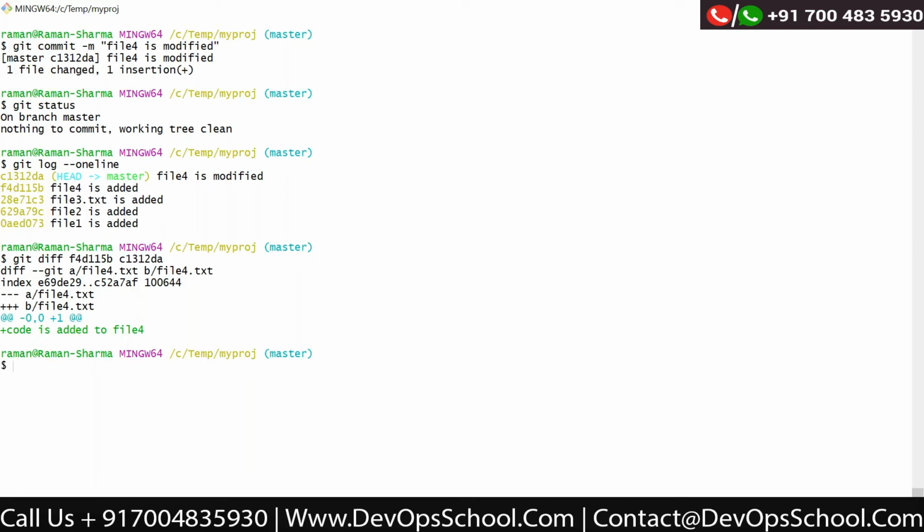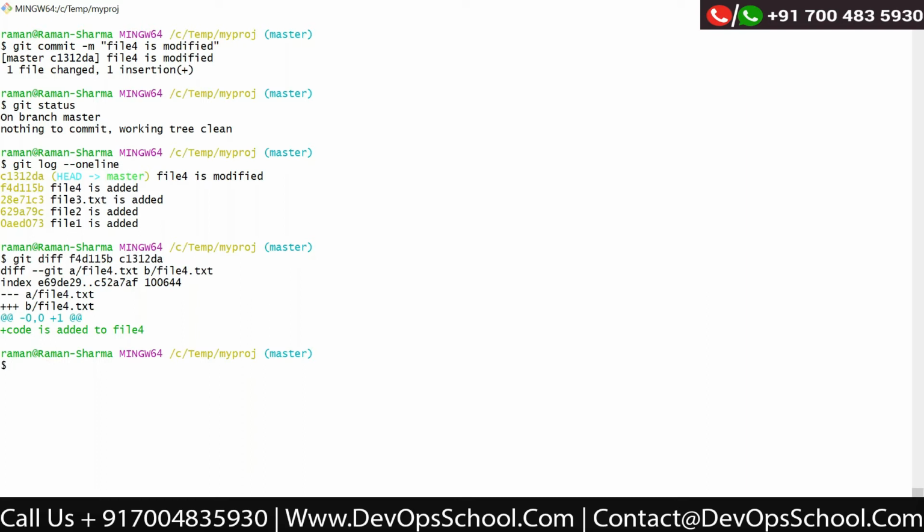Hi, Raman, what is the index here? Index means currently where your pointer is. Okay, so currently I'm in that commit which was basically pointing to file 4 is modified. Okay.